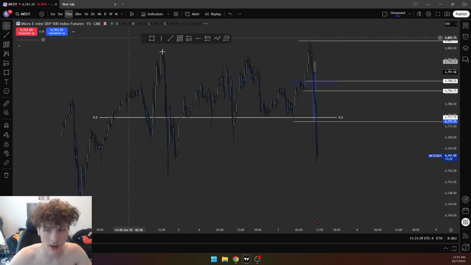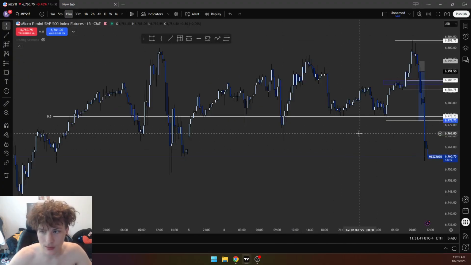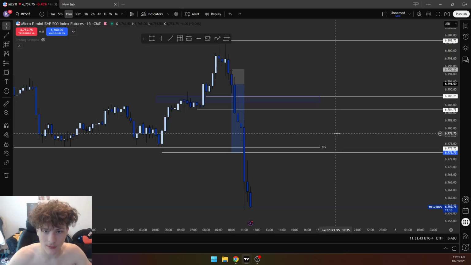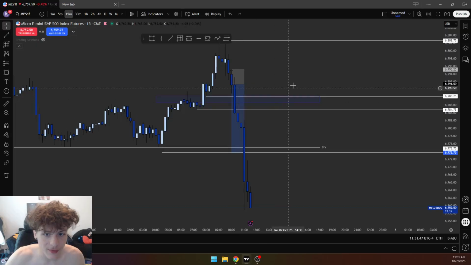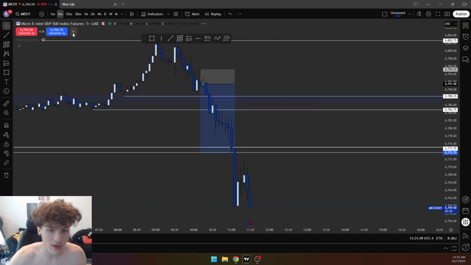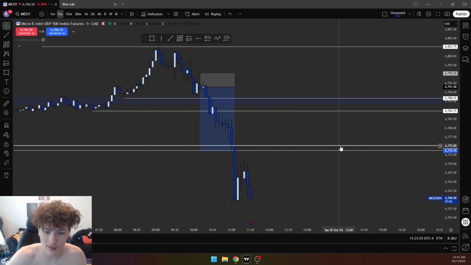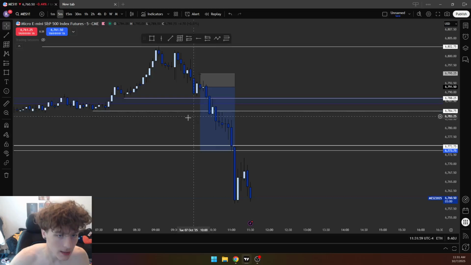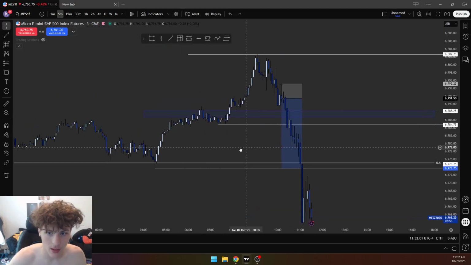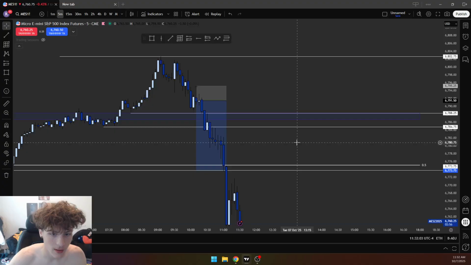So now after the high time frame liquidity sweep, what am I going to be looking for? I'm looking for a break of structure to the downside, preferably on the 15 minute or the 5 minute, and then I'm looking for some kind of 5 minute, 1 minute PDRA to be in agreement with higher time frame order flow. That's what I'm looking for. So what do we do to obtain that?